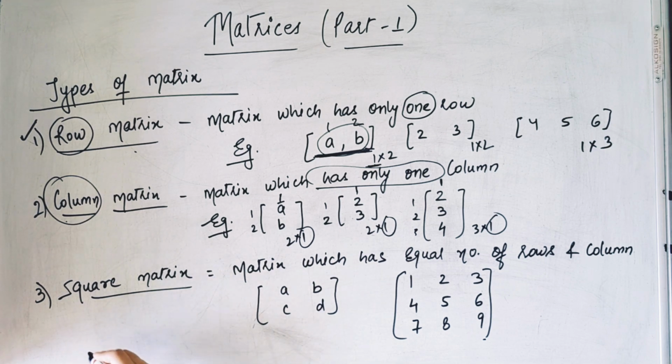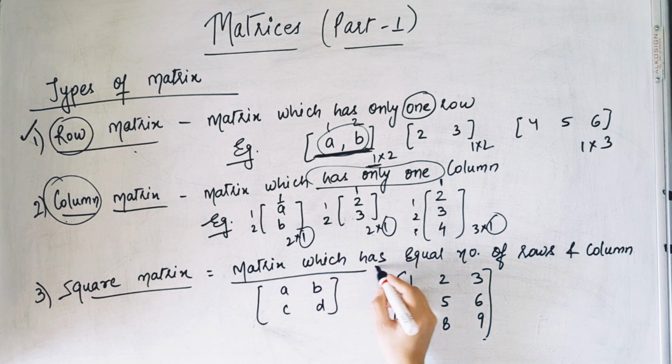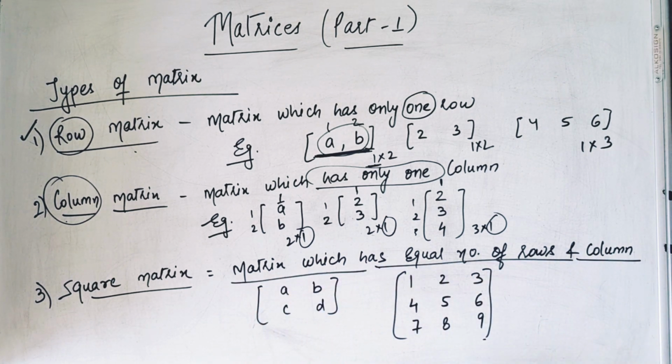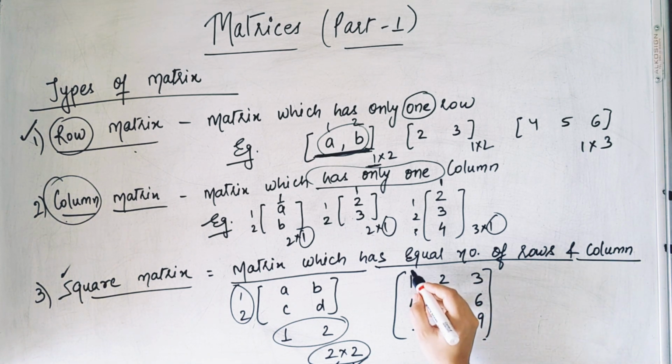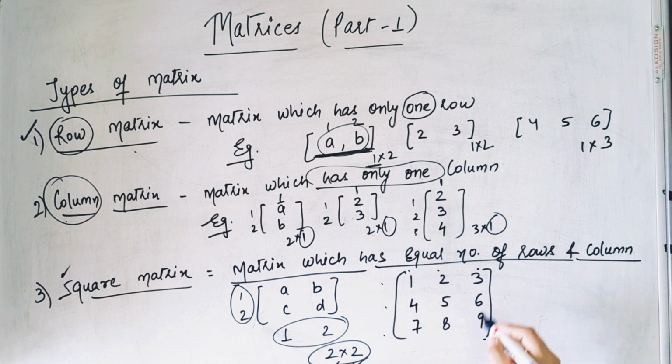Now the third type of matrix is the square matrix. A square matrix is a matrix which has an equal number of rows and columns. We can look over here. See, these are vertical lines. So vertical lines are 2 and horizontal lines are also 2. That means row is equal to column. The order is 2 into 2. So if row is equal to column, it is known as a square matrix. In this case also, 1 2 3, 1 2 3. Horizontal lines and vertical lines are the same. That means rows and columns are the same, 3 into 3. So it will be a square matrix.